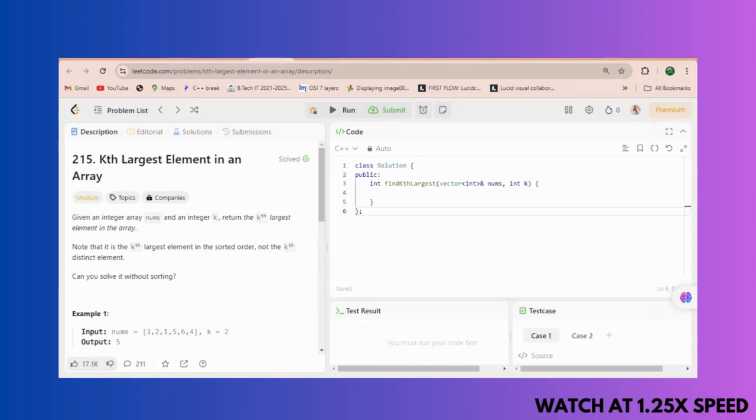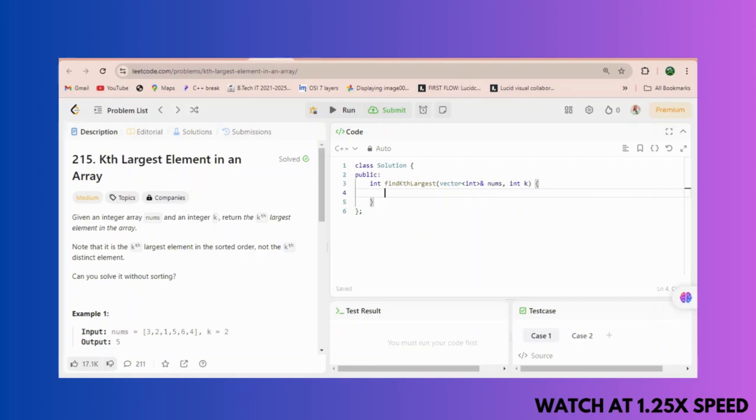So in this question we will use a min heap. Why am I saying min heap? Because we have to find the largest element, and if we get the word largest or bigger or maximum, in those cases we are supposed to use the min heap. Firstly, we'll declare a min heap, and we'll allow only k elements in it, because in a min heap the minimum elements will be at the top, and the maximum, or largest, elements at the bottom. So if my size becomes greater than k, I just pop.